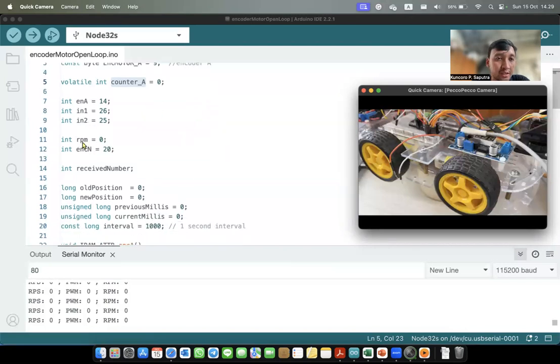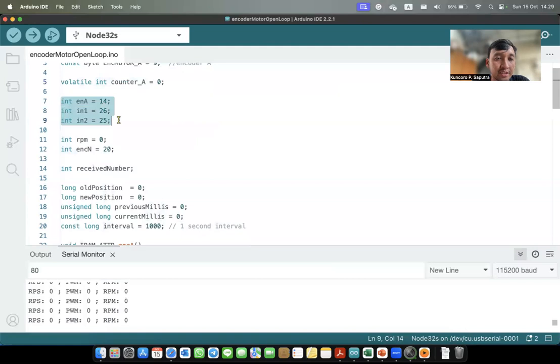After that, we create the variables ENA, in 1, and in 2. These variables set the configuration of the motor driver. For the PWM value sent to the motor driver, I use pin GPIO 14, and the pins in 1 and in 2 set the direction or rotation mode, forward or backward.